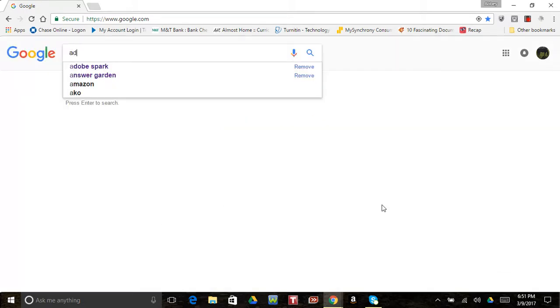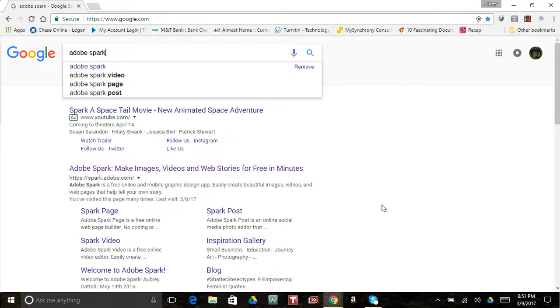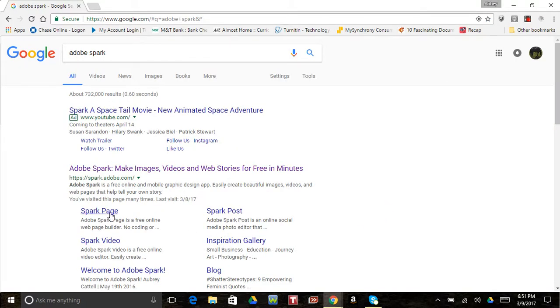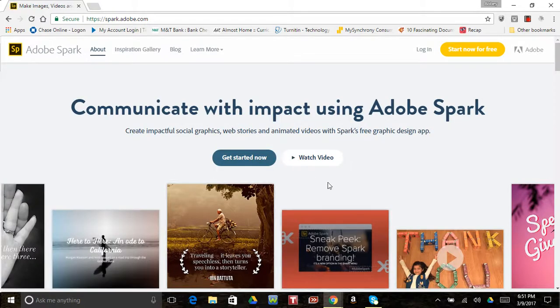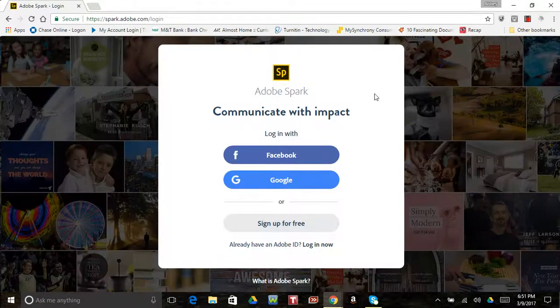So I'm going to go ahead and type in Adobe Spark, and it is the second listing that you're going to want to go to. And once you get here, you're going to want to log in. Now, I'm already logged into Google, so when I click Google,